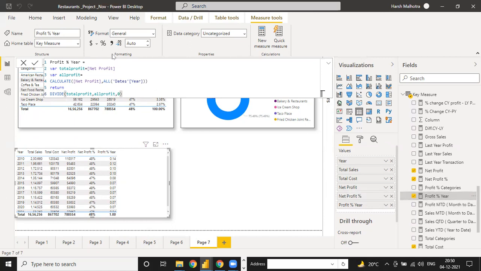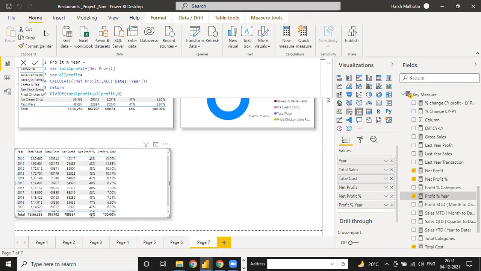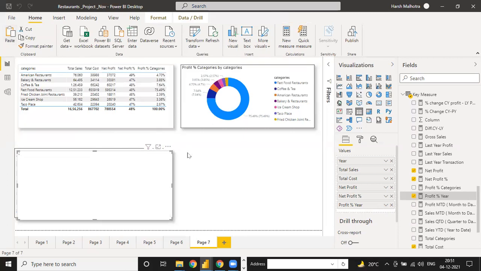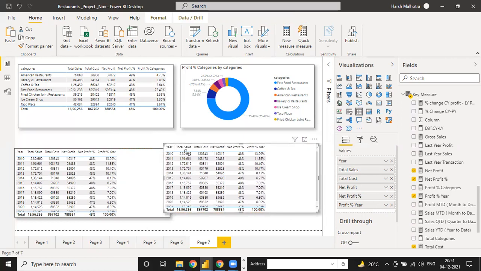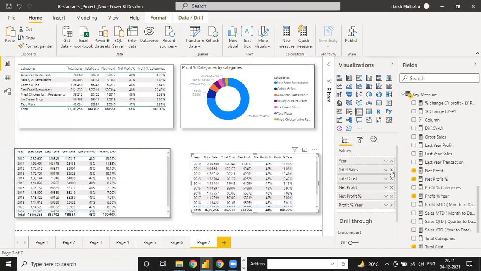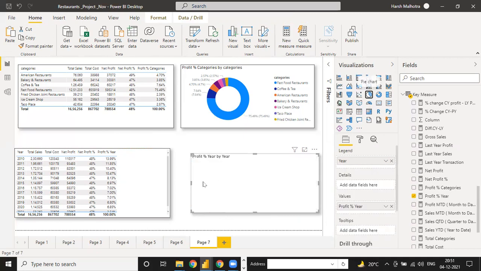So for profit percentage, just click on this function. So it is your profit percentage by year wise. See, 2010 you have 13.999% out of this total profit. It means this profit divided by this, so it should be 100%. In the same way, select this, go to home, copy and just paste next, and just hide the total sales, cost, profit, profit percent. This one is okay only. And now you can use your pie chart like this one.